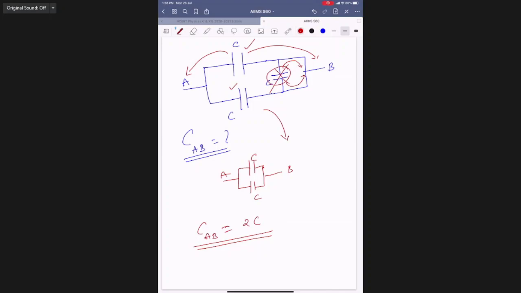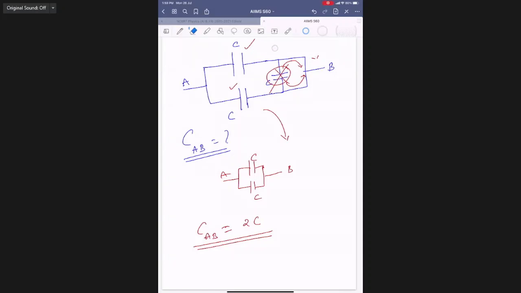Right. Actually, this is a capacitor and this is a battery with plus and minus. One plate is connected to each, so it will charge up. Now, if you connect both ends to the plus terminal only, will it charge up? What is the potential difference? Zero. Q is equal to CV, and the potential difference V is 0, so it will not charge up. So it will not be counted. We can say it is short circuited.